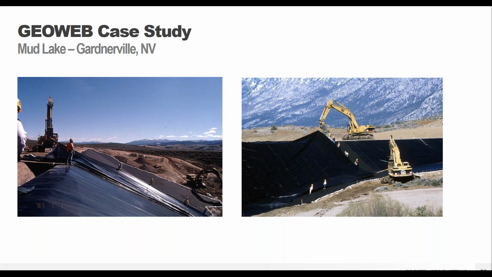So they ended up choosing the GeoWeb system to be placed over this sandwich and ended up filling it in with concrete and then anchoring it with the tendon solution so that stakes weren't necessary. There was no threat of a puncture. And so you can see the sandwich being built here of that geomembrane liner and the non-woven geotextile on top of it.